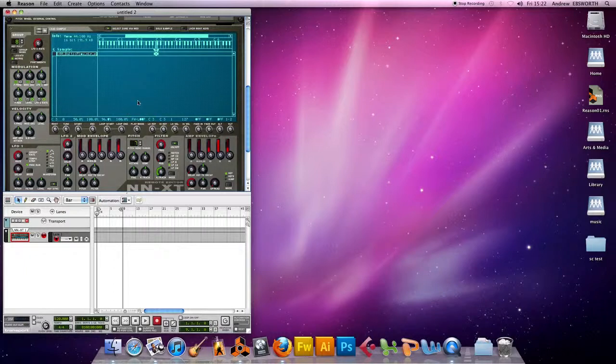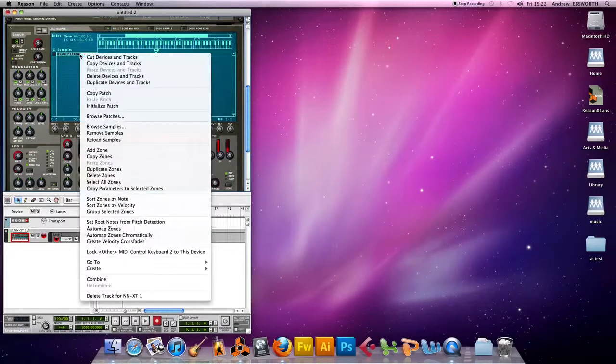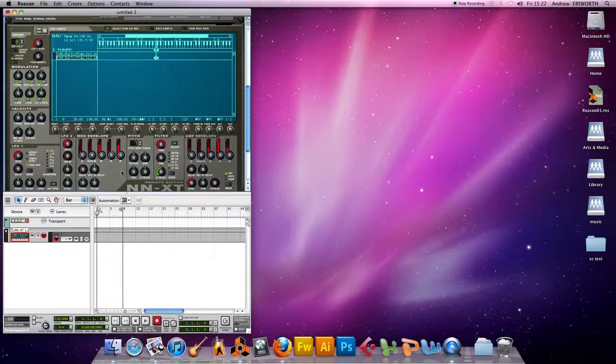So what have we covered? We've got an initialized patch, and we've loaded this in here. Mucked around with the start and the end, and gone into the play modes. Again, these are very basic things. Right mouse on that, what I could do is duplicate that zone, so it's now an exact copy, and if I move that